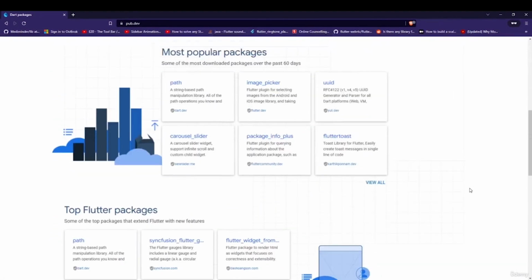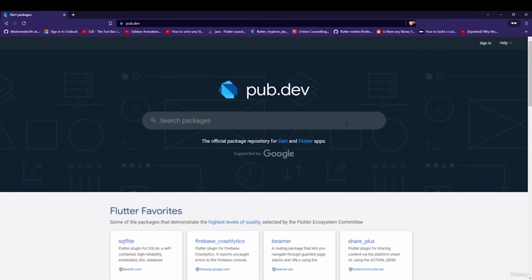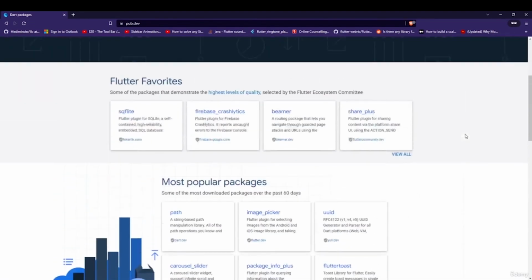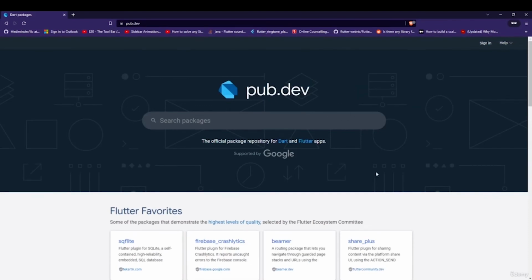So these packages, basically the advantage is that you don't have to code again the entire thing, as these packages are already available with some of the most important functionalities. So you don't need to learn all the names of these packages. As you build your project, you can search either here or directly on Google for different features, and you will see that if a package is available, you can use it. Okay, so right now we want to use a package which will help us play an audio, which is the sound of the pee. Okay, so let's search for audio player,